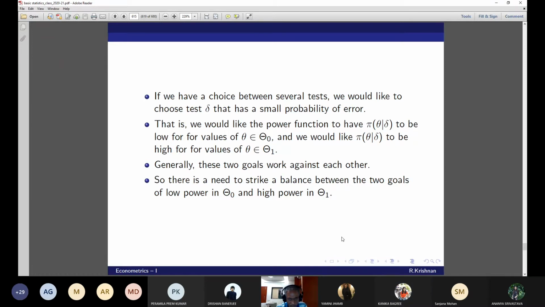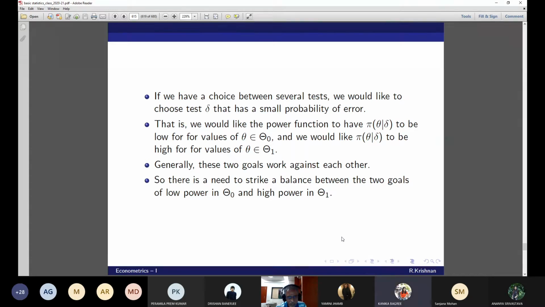Now, see the second bullet point. If you have several tests, that ideal power function does not exist. So what is the next alternative? The power pi, for theta in the rejection region, to be as high as possible and in the other region to be as low as possible. Am I right? Yes, sir. If you make it as high as possible, the other one becomes as low as possible automatically, correct?